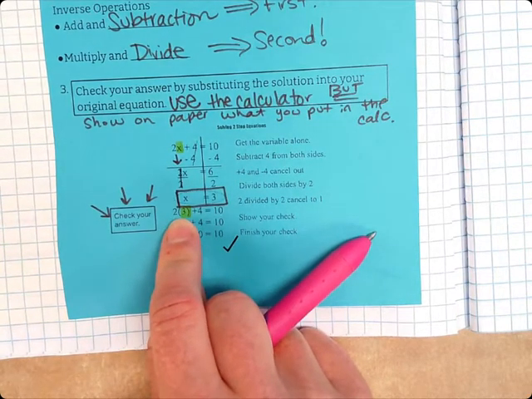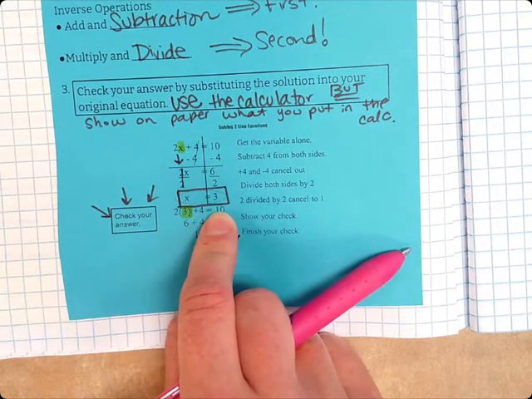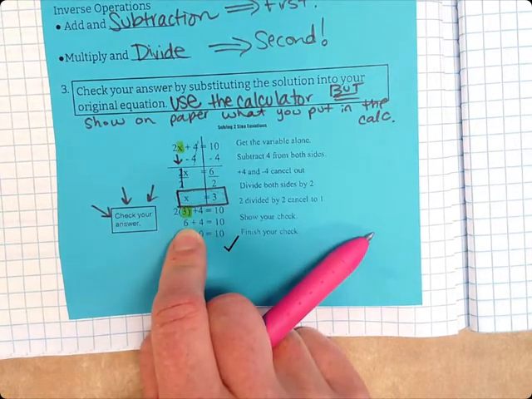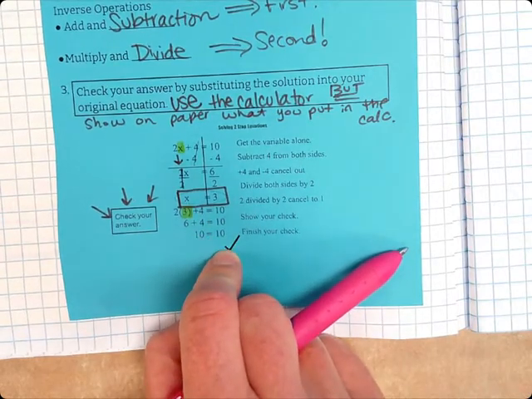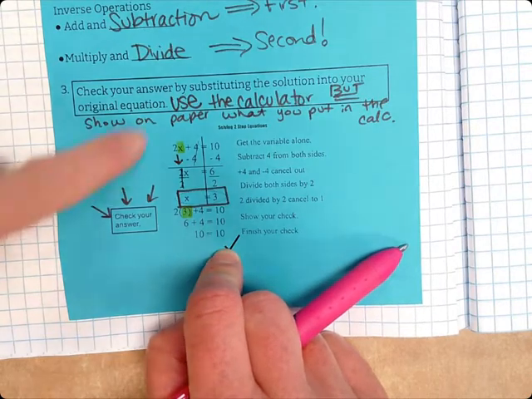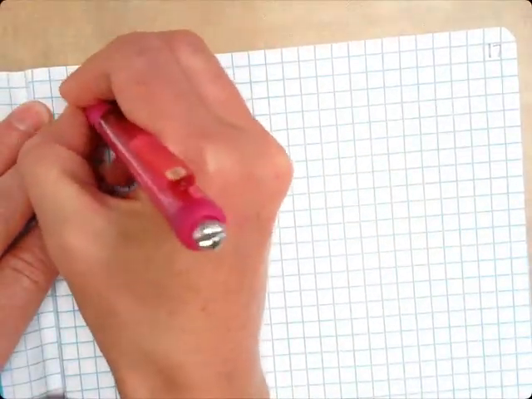And I can put this into the calculator and then see if the left side, 2 times 3 plus 4, truly equals what's on the right side, which it does, because 2 times 3 is 6, 6 plus 4 is 10, so 10 equals 10, so I checked it. On each one of the problems that we're doing today, you need to make sure you show all your work and show checking it. Okay, so let's go to the next page and let's do some solving